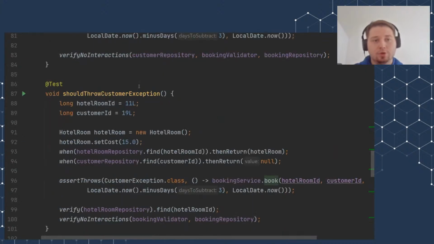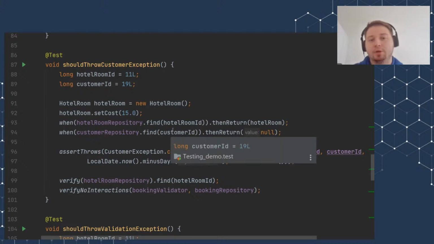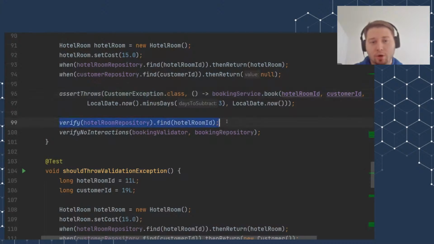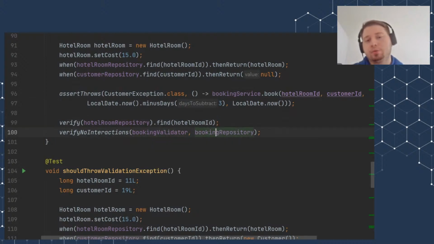Next test should throw customer exception. Well, it's basically the same. We are assuming that hotel room is found. So hotel room is okay, but customer was not found. So we are expecting customer exception. And as you can see, we are verifying that hotel room repository was called and everything was successful. But since customer exception was thrown, booking validator and the booking repository were not called. So this case is also covered. Next case,